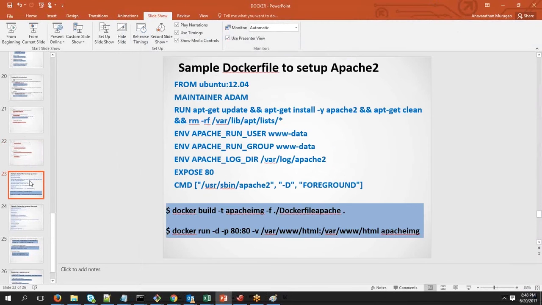Now, with this example, whatever we have, I mean, the different kinds of instructions,